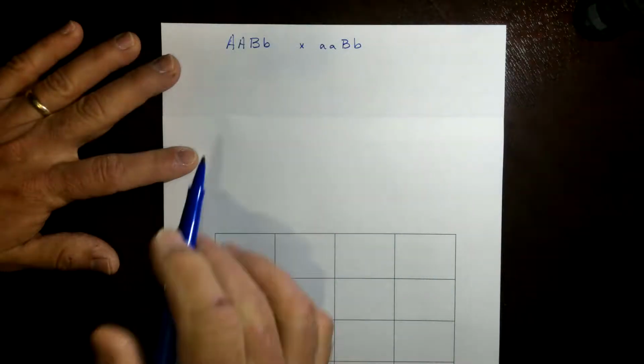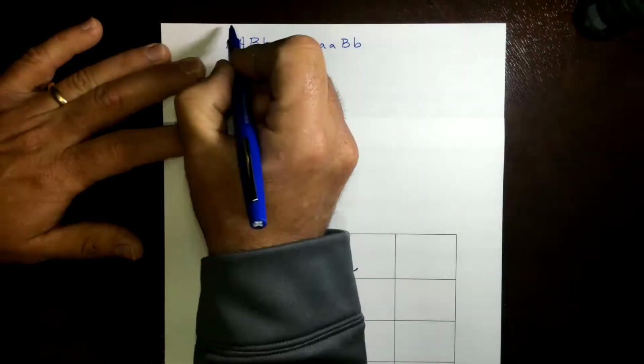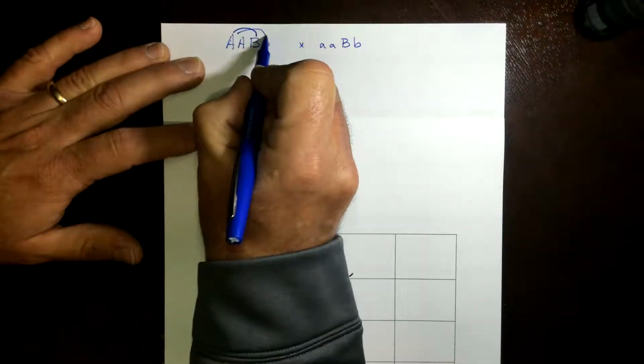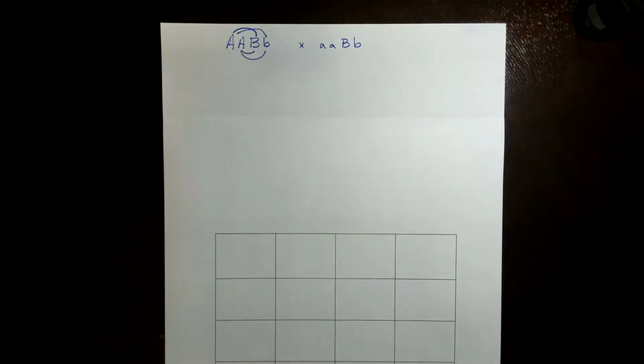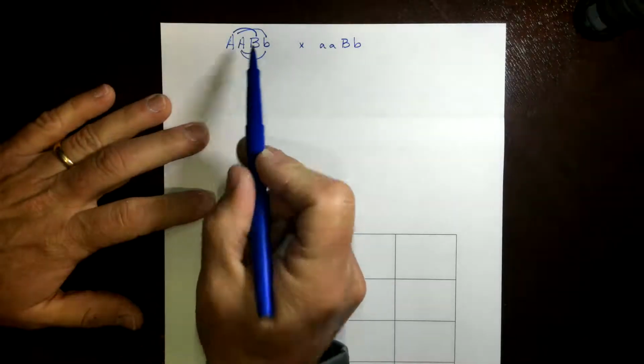And it is a horizontally organized cross in which when we FOIL, the FOIL would be the first, the outsides, the insides, and the last. That would give us the gamete combinations for that particular parent due to the independent assortment that we talked about in meiosis. When we move over to a Drosophila cross, instead of having this as a horizontal, we would actually